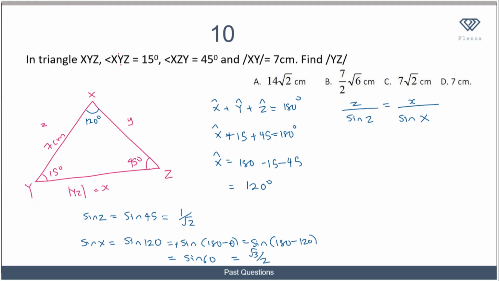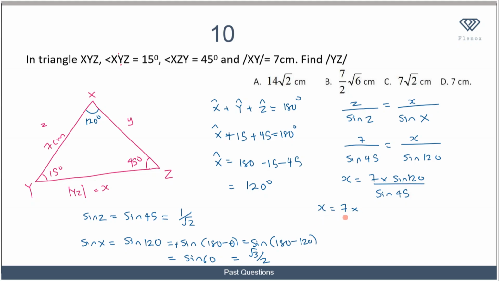So our value of z is 7. So we have 7 over sine 45 is equal to x, which is what we are looking for, over sine x, in this case 120. So if I make x the subject of the formula, I see that x is equal to 7 times sine 120 over sine 45. So substituting the values of sine 120 and sine 45,